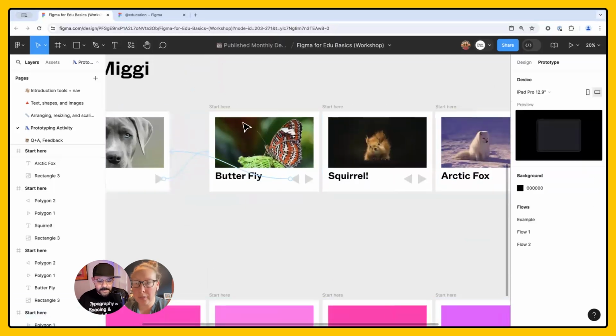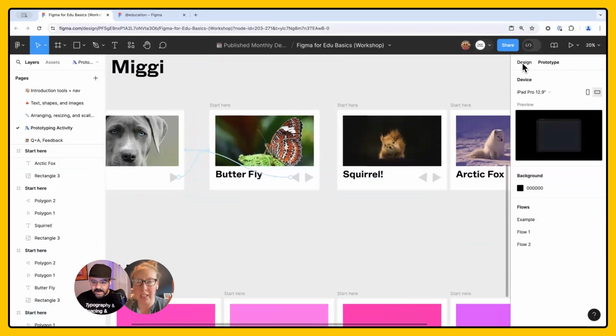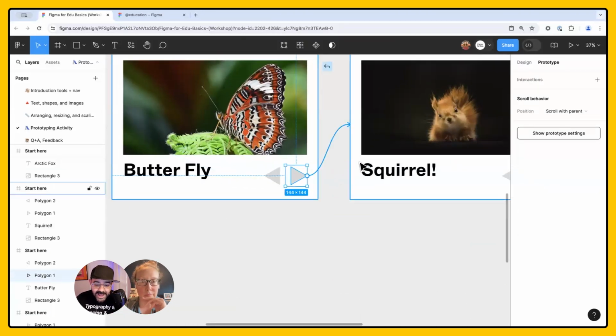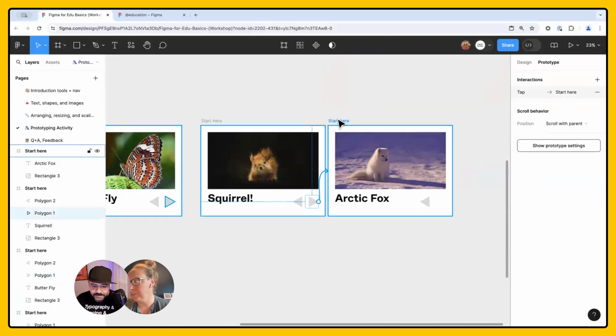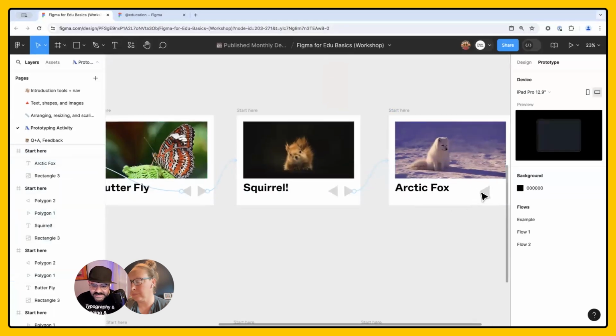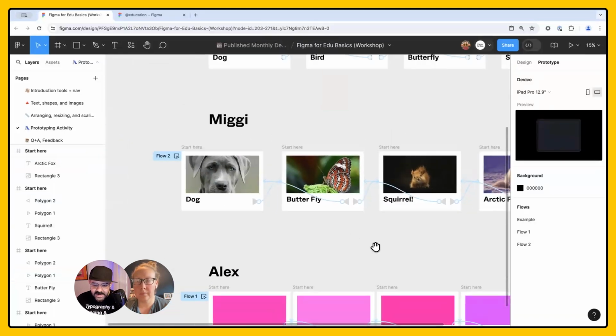Okay, Migs, for folks in the chat, can you describe again how we went into prototype mode? It was Shift E. Yep, Shift E. Prototype mode, you can also click on the tab in the top right. So Alex, if you want to continue adding your noodles to go to the next frame, what I would recommend is go forward first. And if you need to move your frames out a little bit so you can see them better, that's helpful. And then we're also going to go back. So we're just clicking, dragging, and creating those noodles.